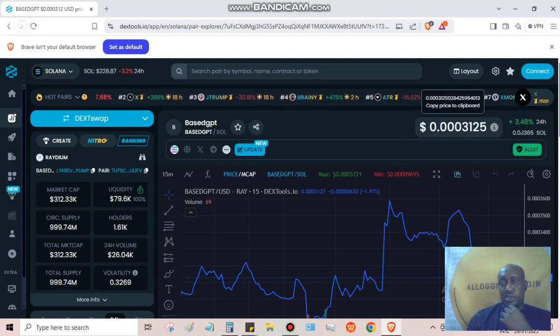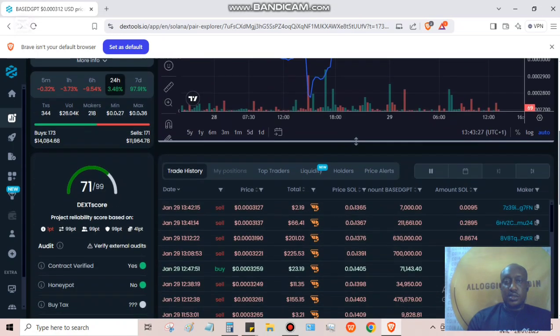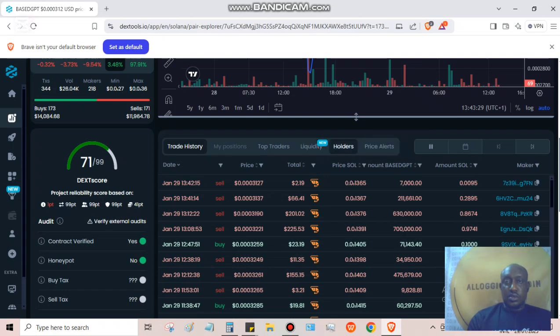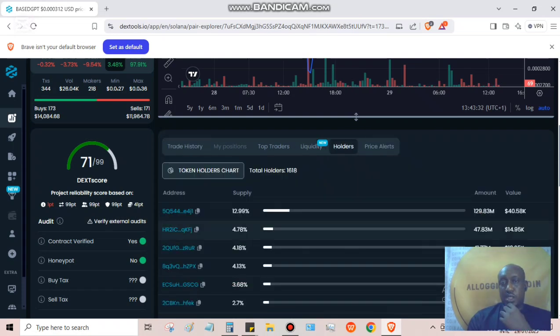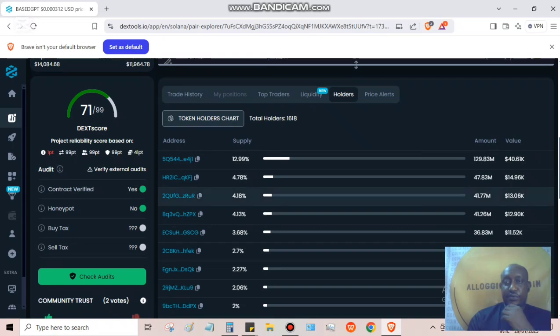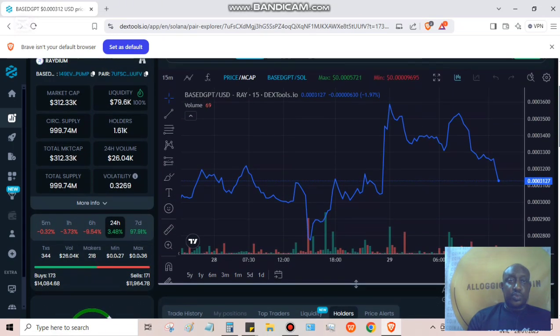Okay, because you see the price 0.0003125. Now let's look at the holders. Now you have the holders, you have one person having 12.99%. Now let me say again, I don't know if this is a contract address, or a liquidity pool. But even at that, you have this person having $14,000. So which means a huge sale will cause the price to drop, because liquidity is already